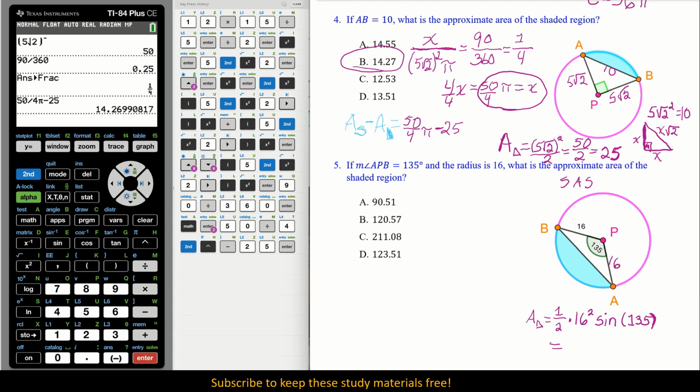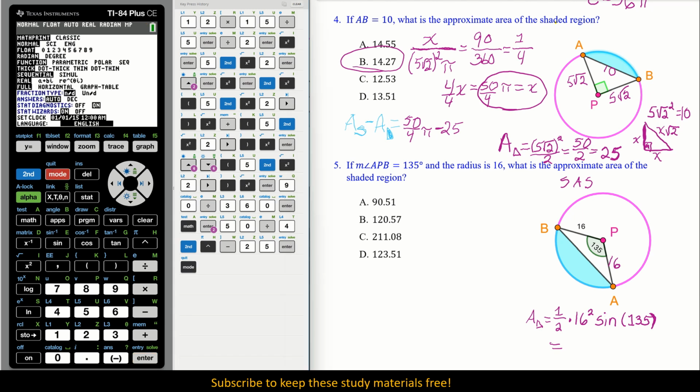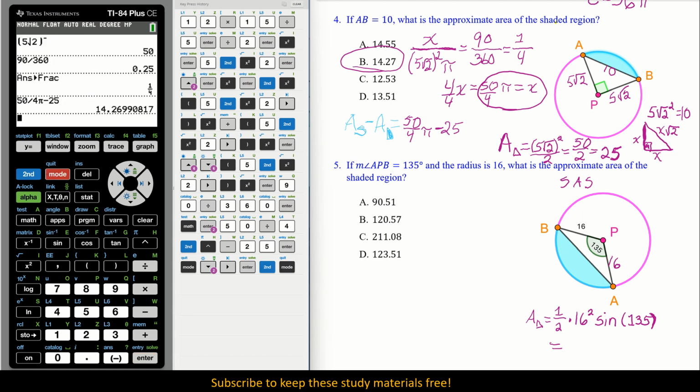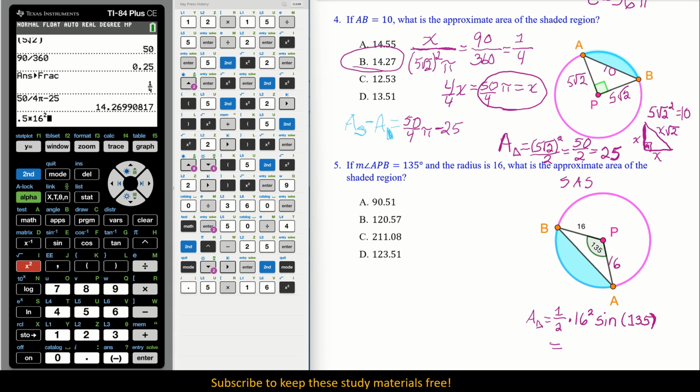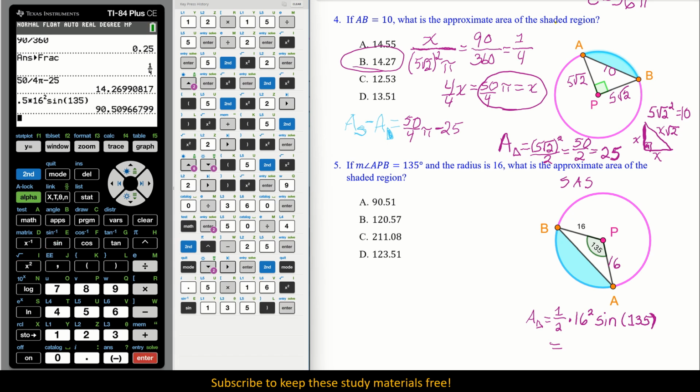Okay. All right. So let's do that mode. And it is not, it's in radian. And I need to go over and push enter. And it's highlighted. Second mode. There you go. So I am going to say 0.5 times 16 squared and sine 135, close my parentheses, and I get